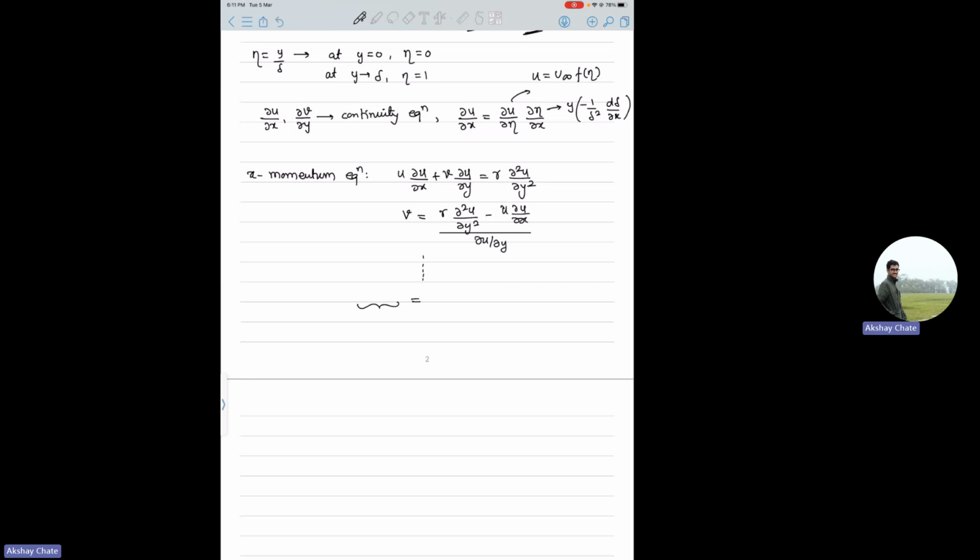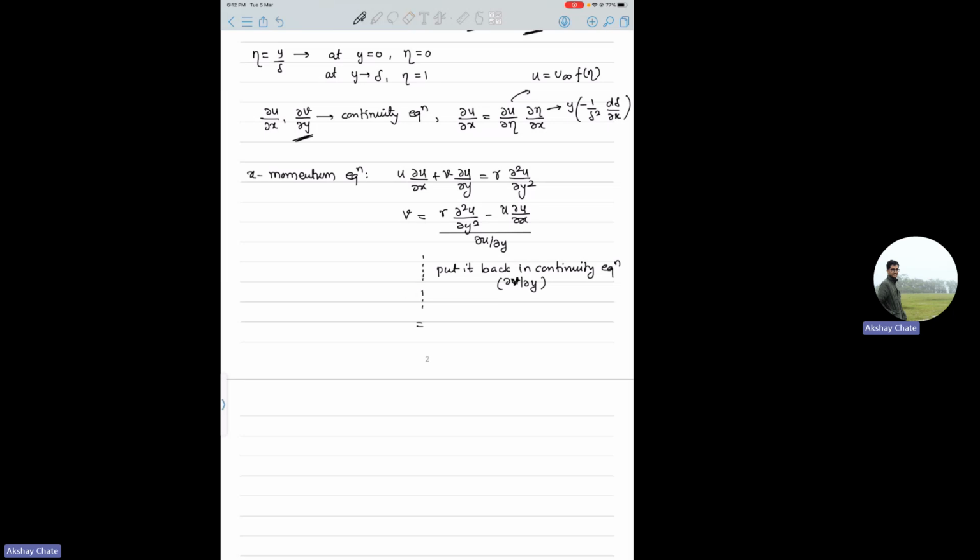So you know what I mean. You take this v and put it back in the continuity equation, because in the continuity equation this is unknown, right? This you can't find yet. So therefore you put this v and take the derivative and put it back in this continuity equation. So basically this del v by del y, and then what happens when you further simplify the things,